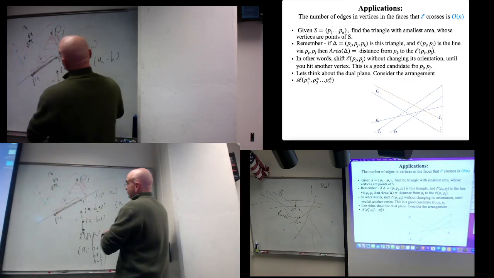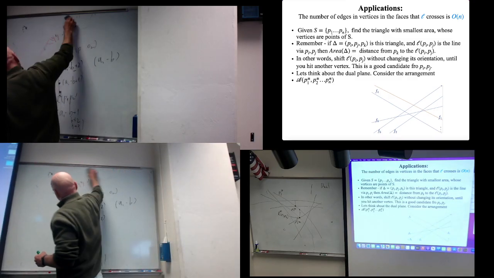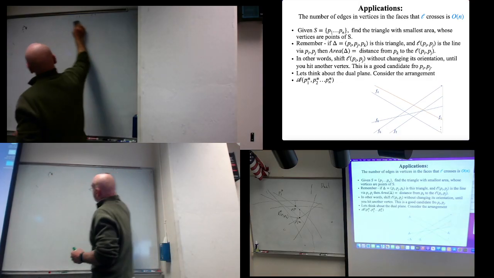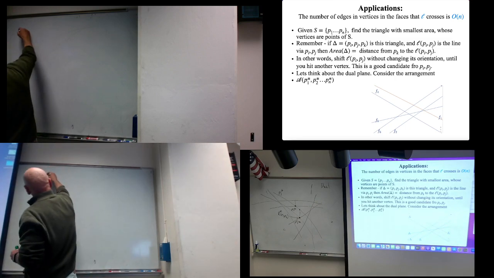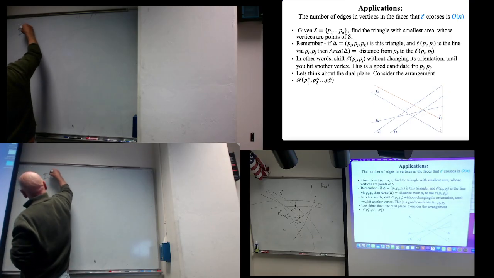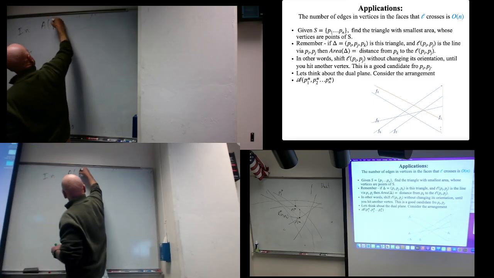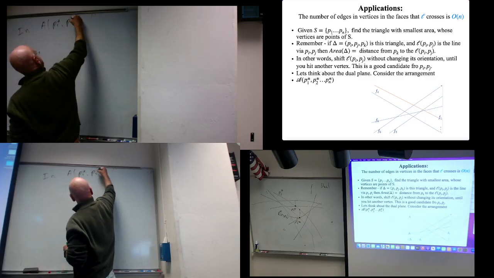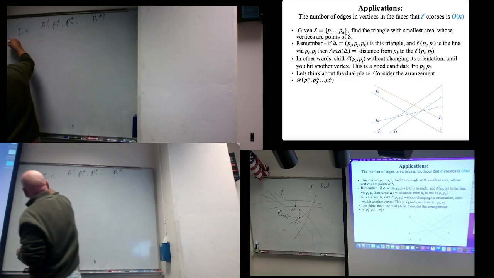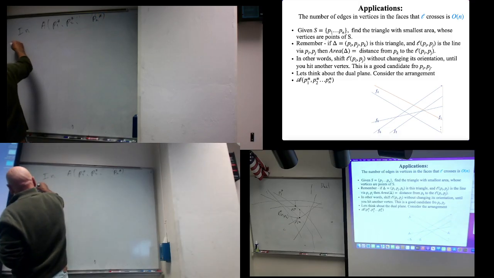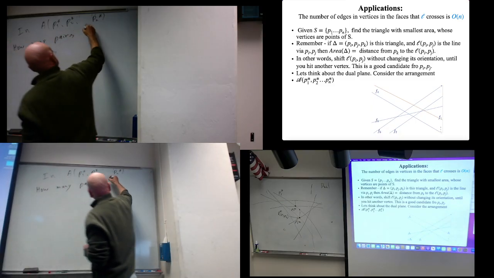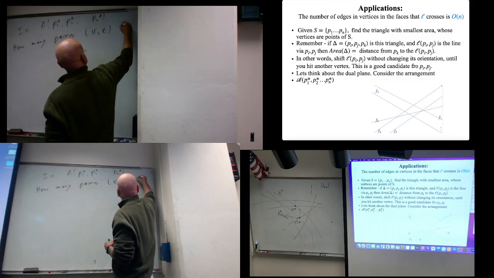You're down to the question of: in the arrangement that is formed by P1 star, P2 star, the dual, Pn star, how many pairs VE are there